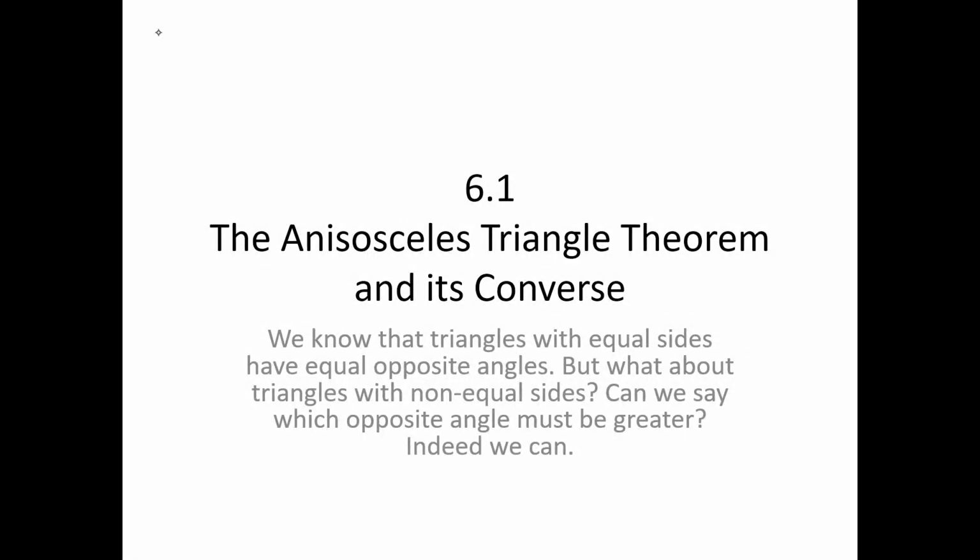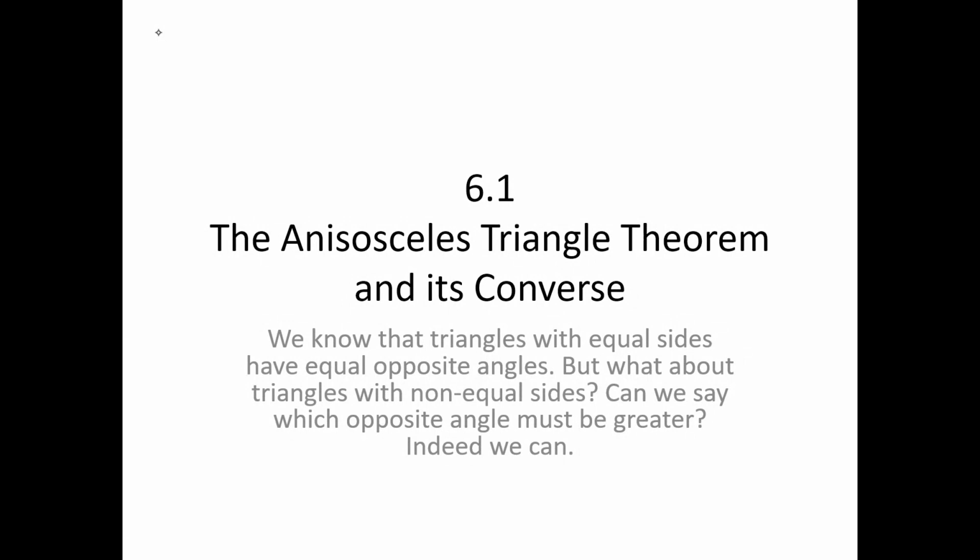To set the stage, this builds upon, or extends, the isosceles triangle theorem and also the converse of the isosceles triangle theorem. The ITT says, of course, that if you have a pair of equal sides in a triangle, the angles opposite are equal. And the converse says that if you have a pair of equal angles in a triangle, the sides opposite are equal. And of course, it follows from this that if you have a pair of unequal sides